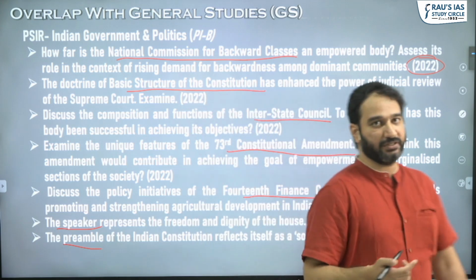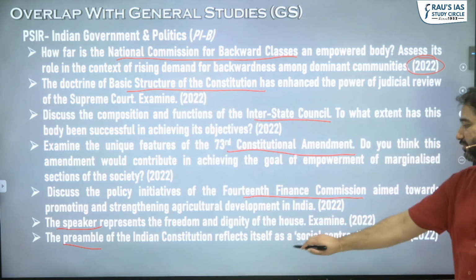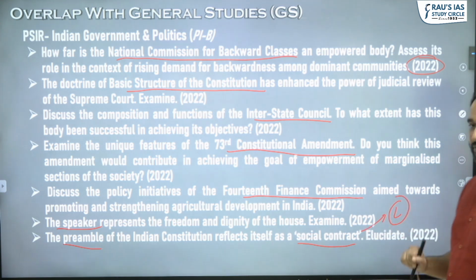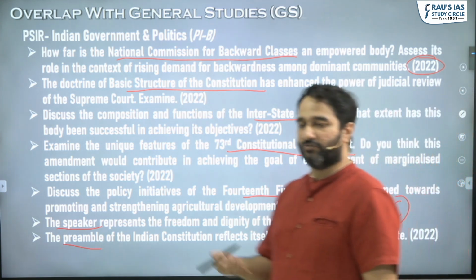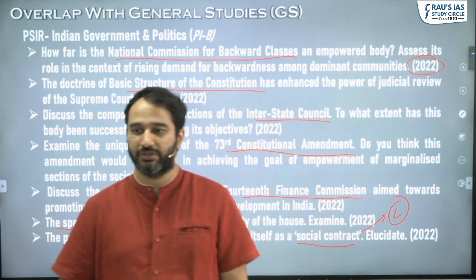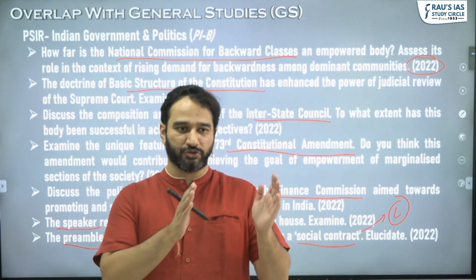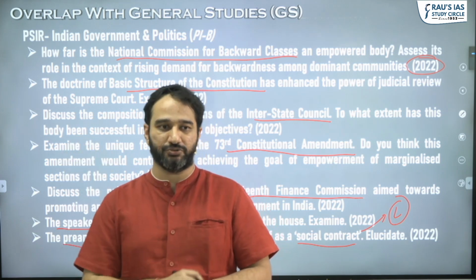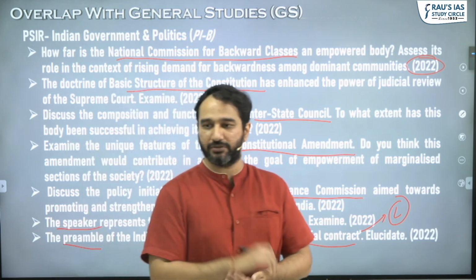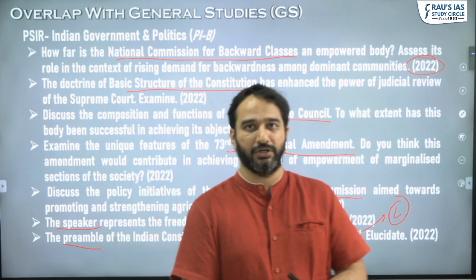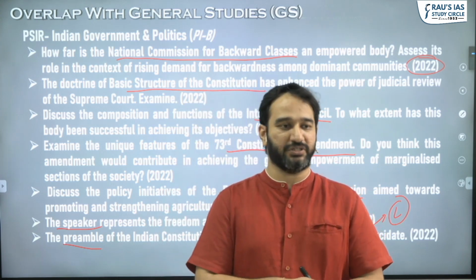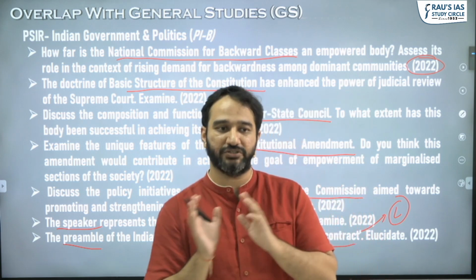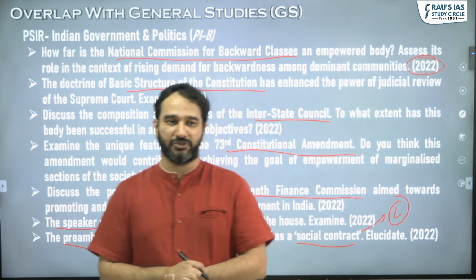Yes, the perspectives are different. If you see the preamble question, it talks about it in the form of a social contract, a theory that emerges from liberalism. So you have to bring in the ideas of Hobbes, you have to bring in the ideas of other liberal thinkers of social contract and link it to the preamble, link it to the American Constitution, because the preamble was borrowed from the American Constitution. All of these interrelations you'll be taught in class. How to link theory with current affairs, how to link theories with static subjects.